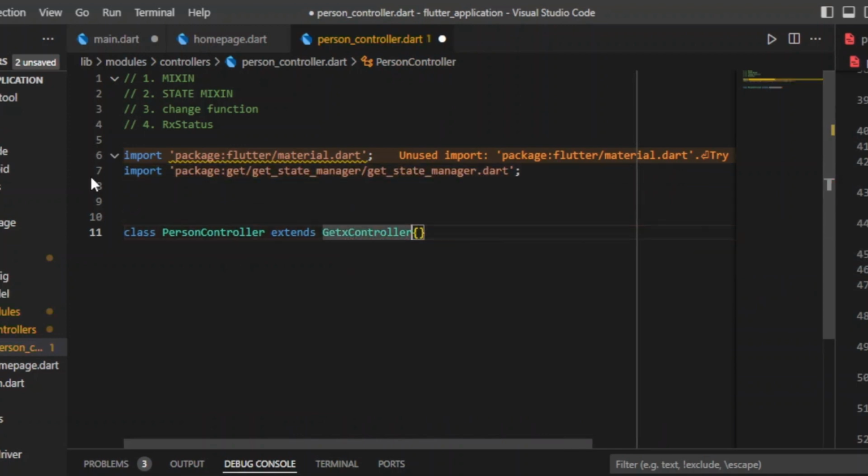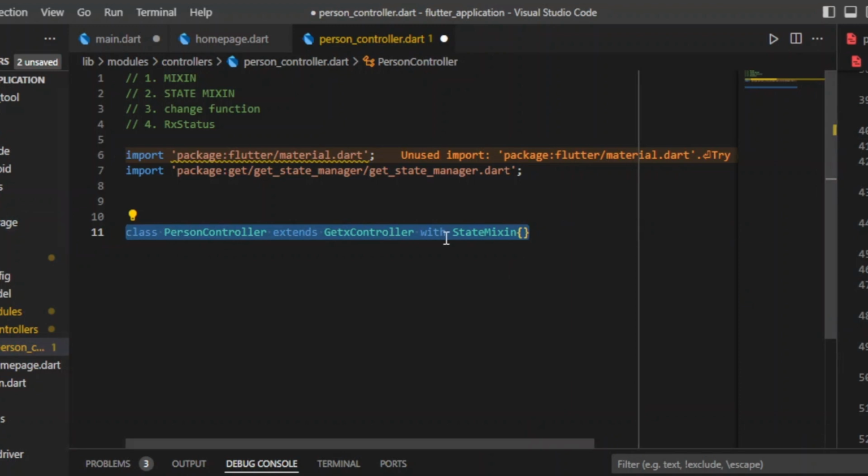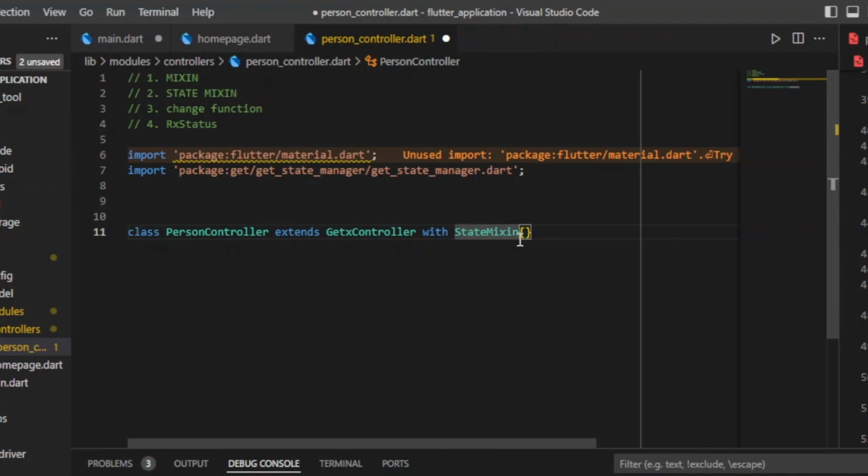So this is a simple way of creating your GetX controller, but we are going to go an extra step and add the keyword with, and we say state mixin. So with this, you are able to assign different state mixins into your controller class. Now what we have to do is specify what data type or what state this particular controller is going to be emitting or returning. So here you specify a generic type of list